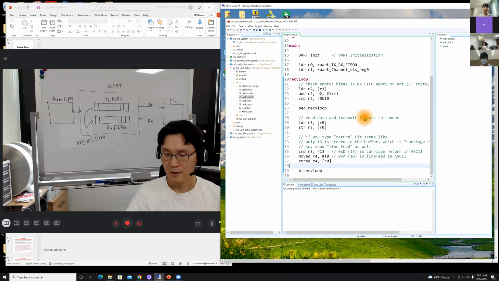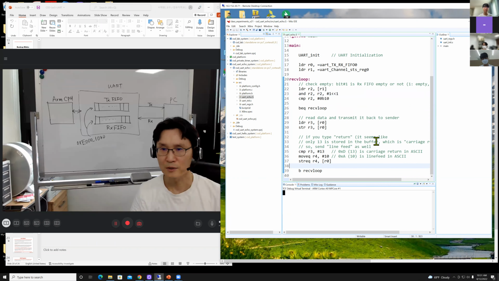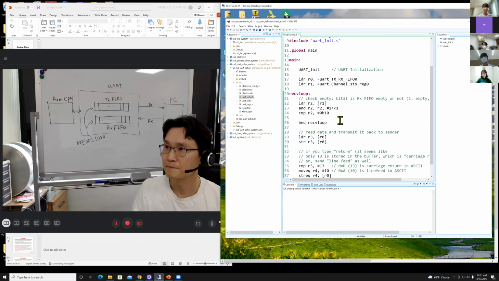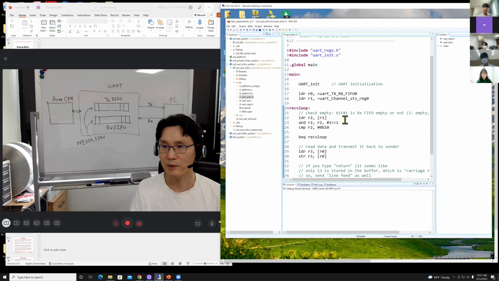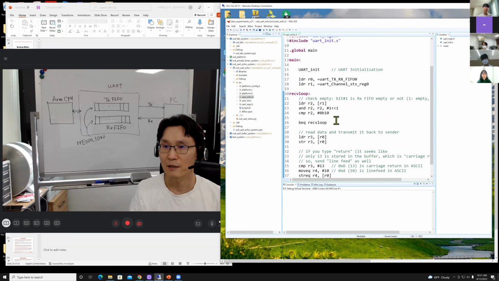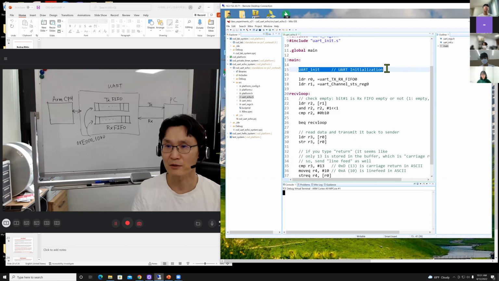Okay, let's go through this program. This echo program we tested before, right? It is a very simple program. The first part is initialization, the same initialization, right? You set up the operating condition. You go through that macro if you want this init, then